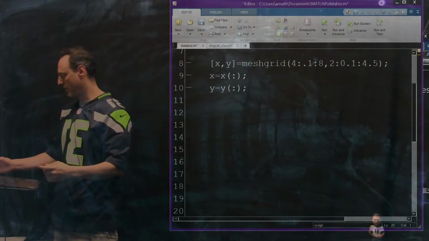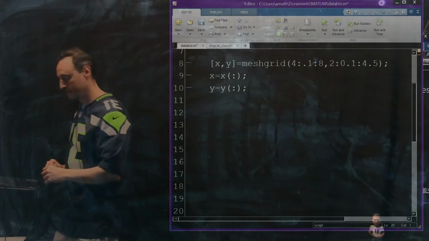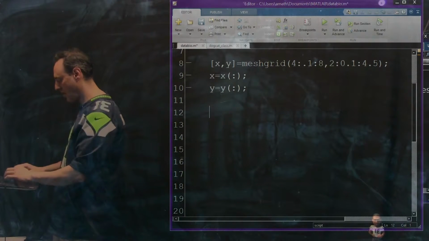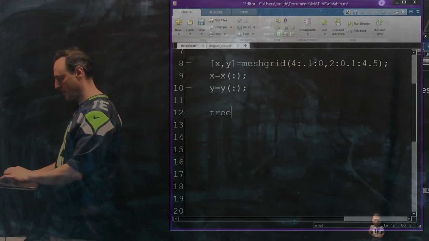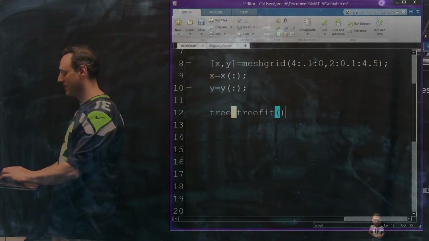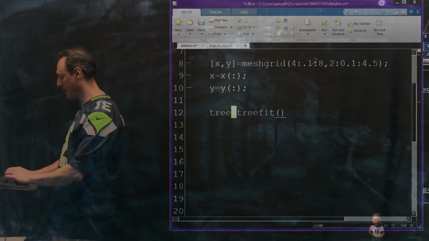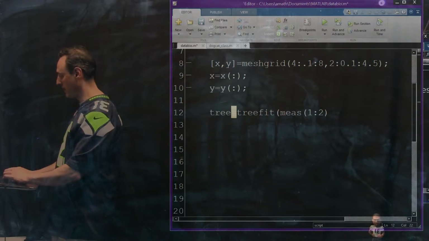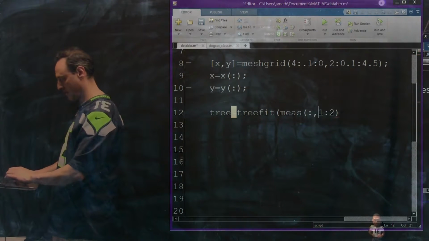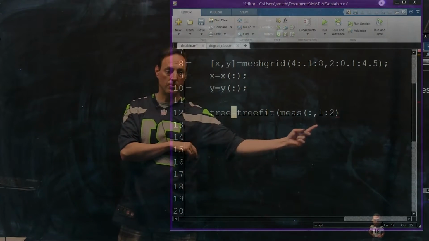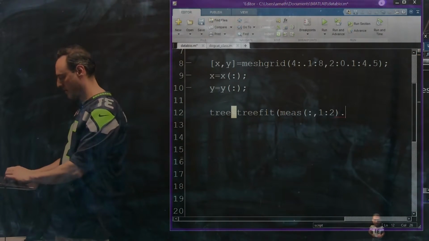First I want to build a decision tree, or a tree that fits the data. Not surprisingly, to build that tree, I can use the tree fit command. That's it. Tree fit, and I bring in the data that I'm going to try to fit it to: the first 2 columns of the data. That's what I plotted against each other before, and they're classified